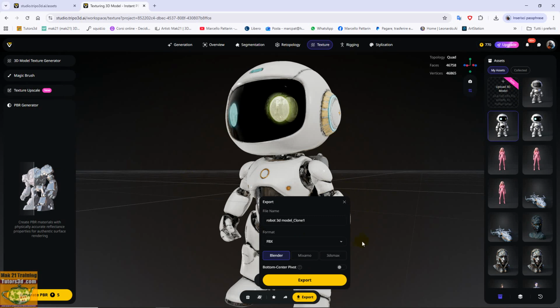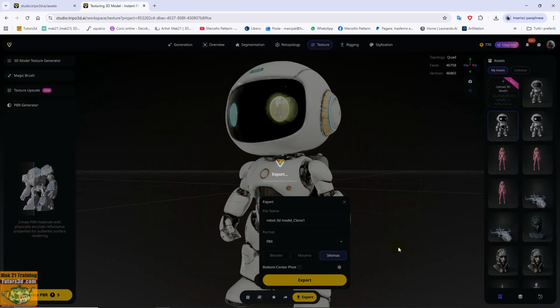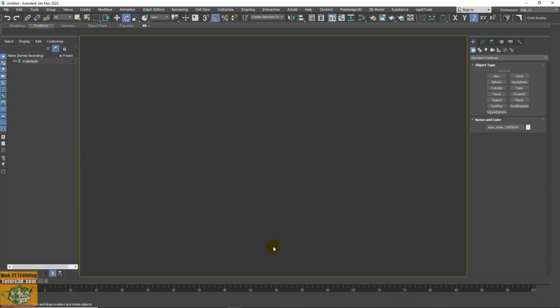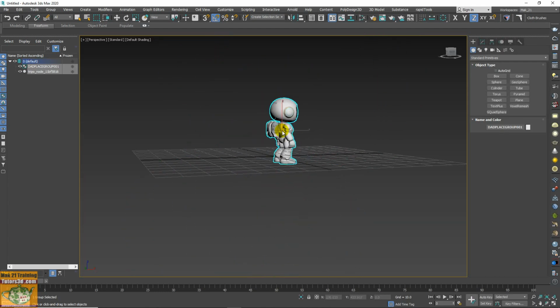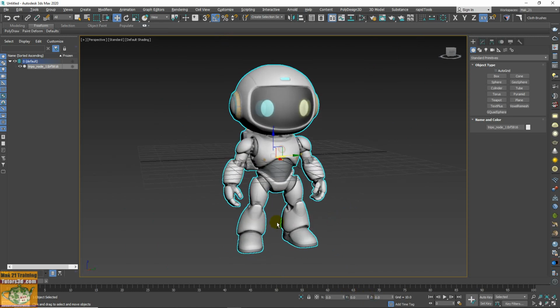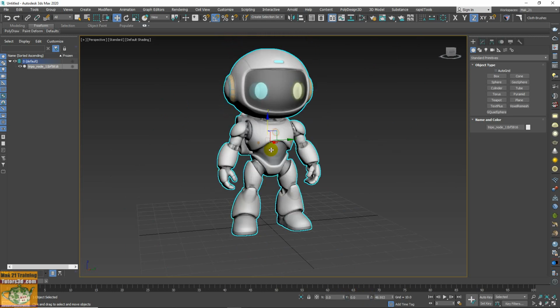Previous resolution, this calls it clone 1, so it made another folder called 5 upscale. Let's import this clone 1. Let's see how it behaves here. You see that I didn't put the base to pivot during the download, so it put the pivot in the center for me. No big deal.